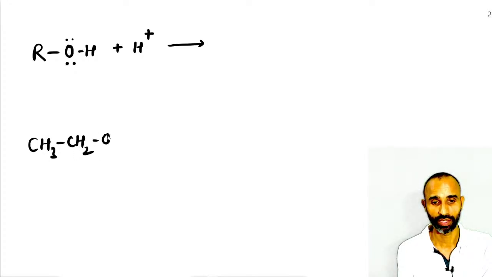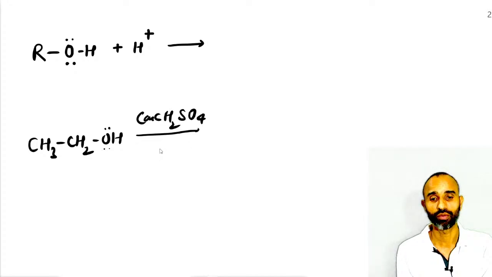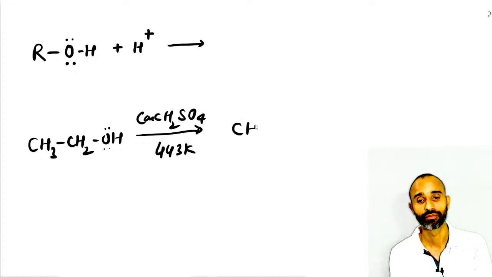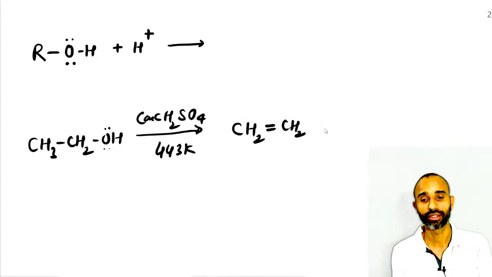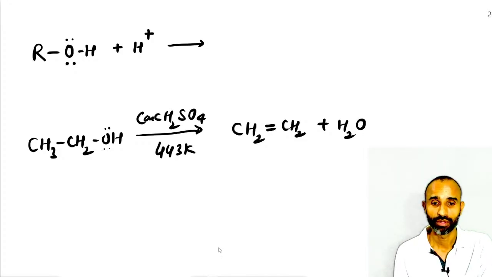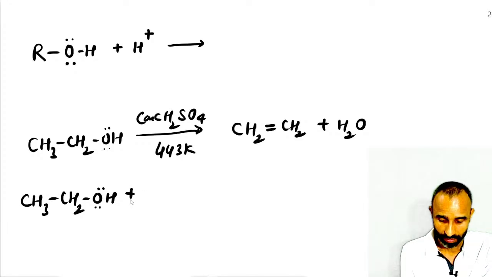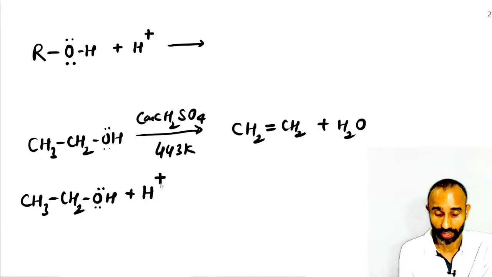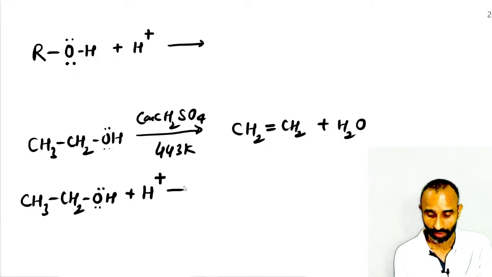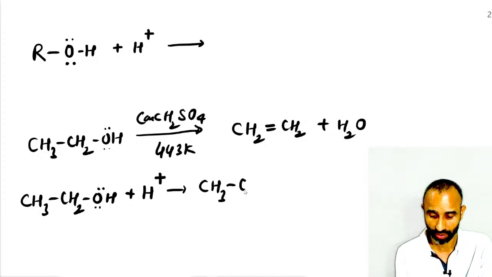If we have ethanol, so ethanol undergoes dehydration in the presence of concentrated H2SO4 at 443 Kelvin, to give heat. So we get ethene along with water. So what is the mechanism? First of all, this ethanol will get attacked by acidic hydrogen. This concentrated H2SO4 gives H plus ion,